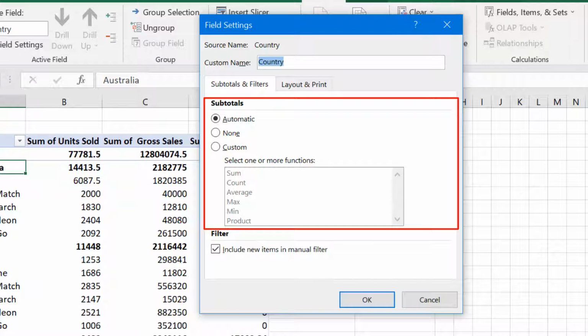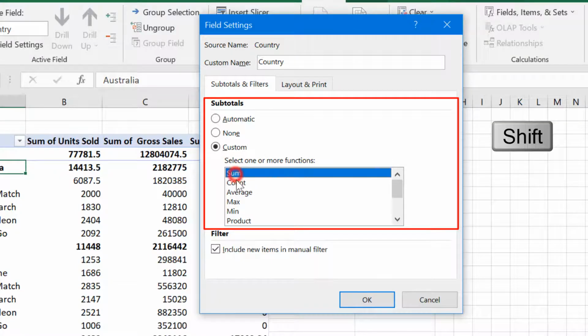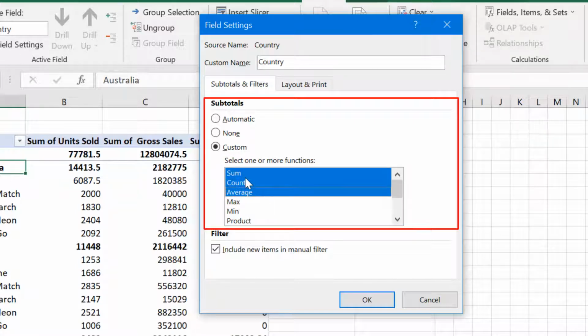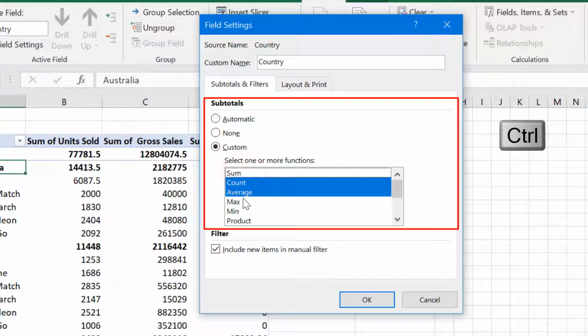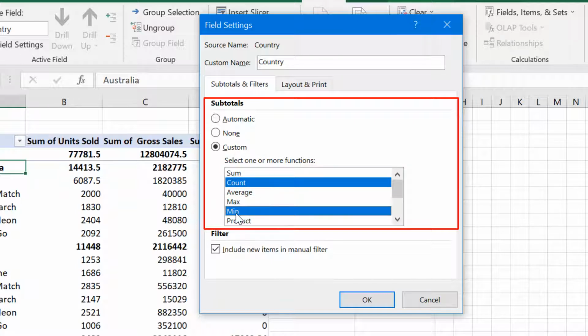To use any other function, select the custom radio button and then select one or more functions from the list over there. To select more than one function, you can hold down Shift and then select the different functions, or you can also hold down Control and then click on the appropriate functions that you need. Select None radio button to remove the subtotals for the selected row or column field.